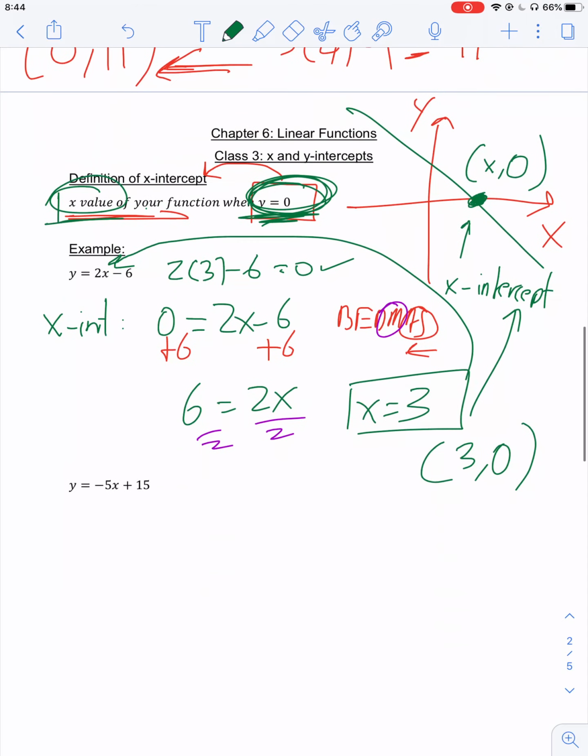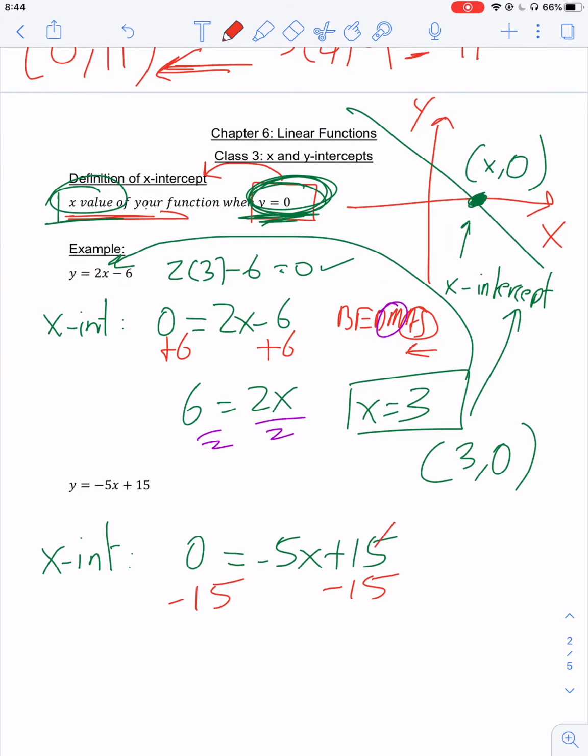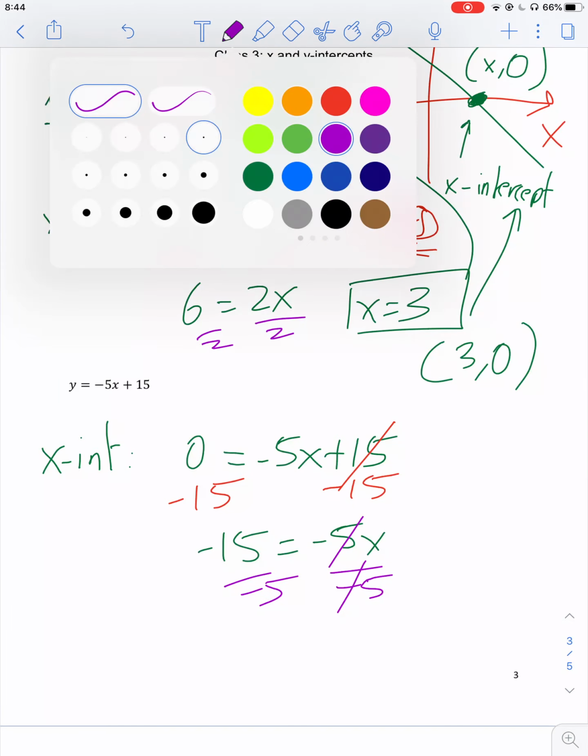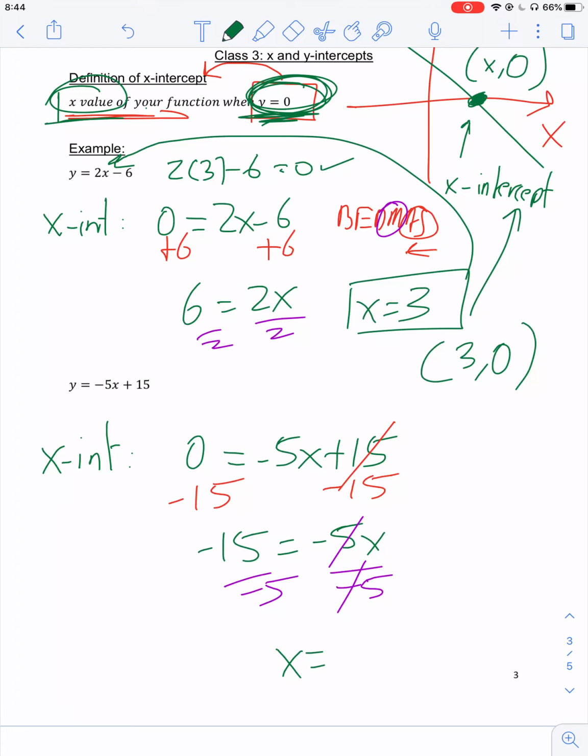So let's do one more example. Again, x-intercept, how do you find it? All you have to do is replace y by 0. So 0 is equal to minus 15x plus 15, and solve for x. Here I'm going to do the algebra a little quickly. Minus 15, minus 15, so this cancels out. Then I have minus 15 is equal to minus 5x. So now I have to divide by minus 5, and this cancels out, and then your x-intercept is equal to, in this case,